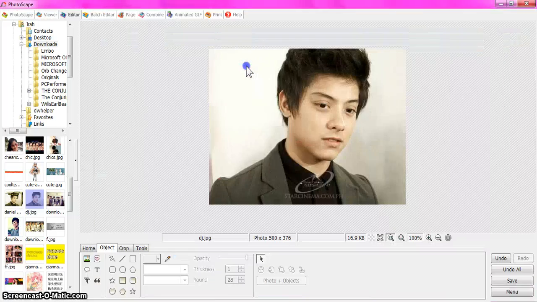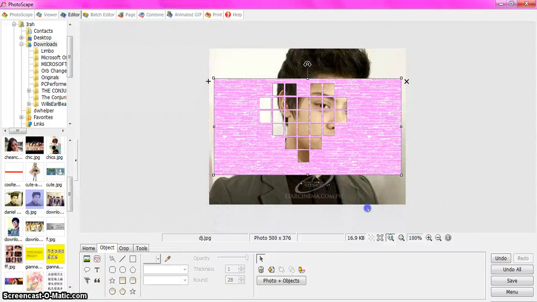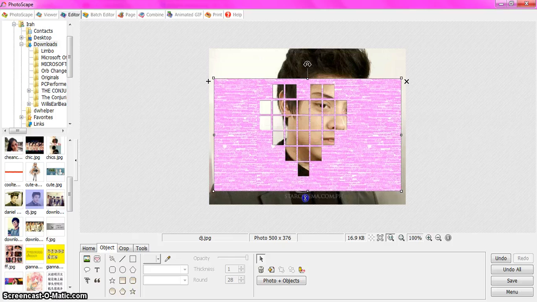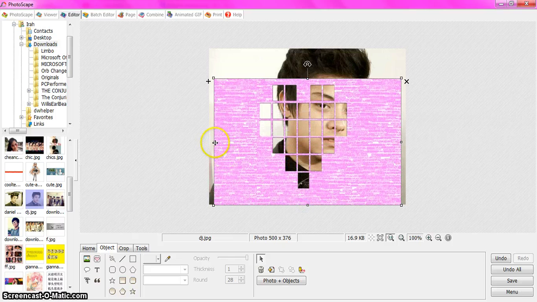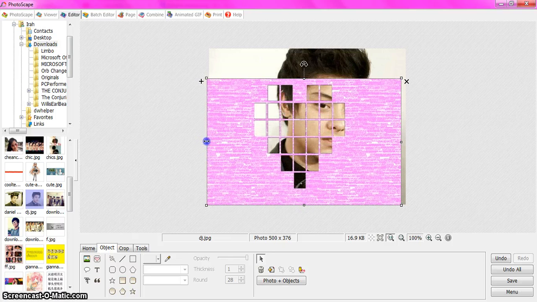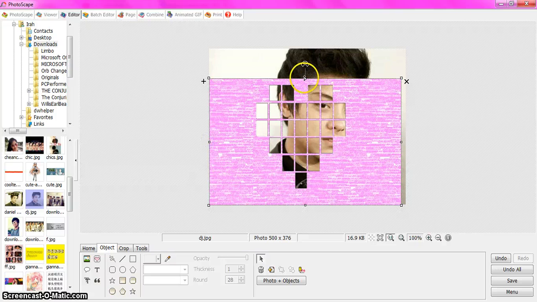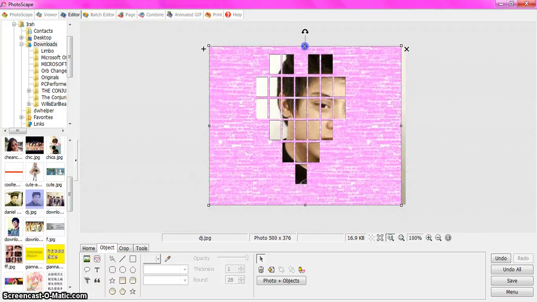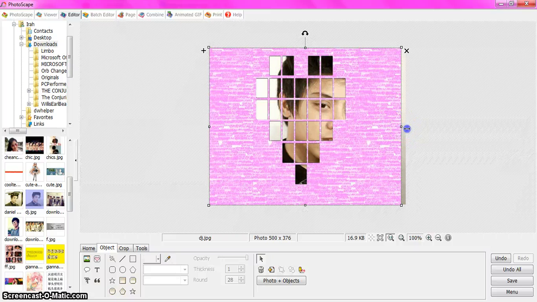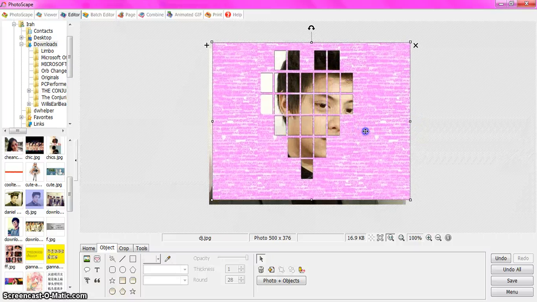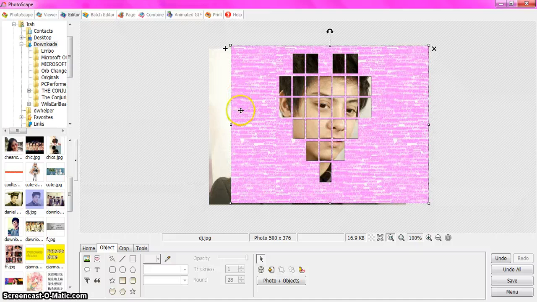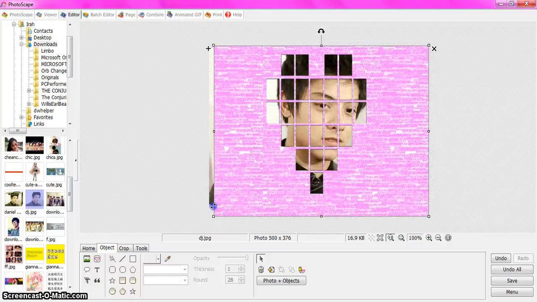I'm gonna use different. I'm gonna use the pick something. There. Gonna move it that side.